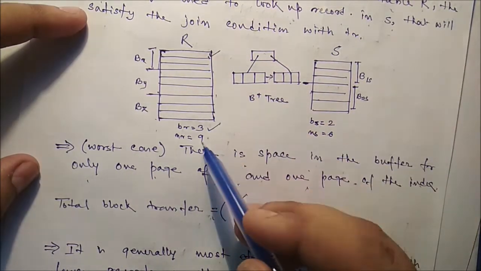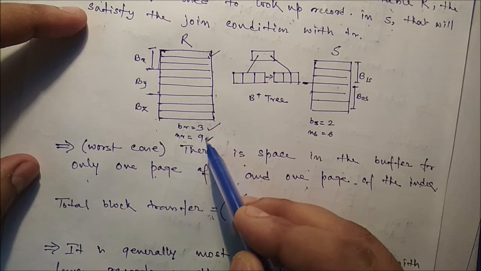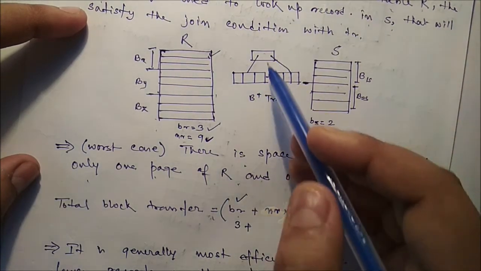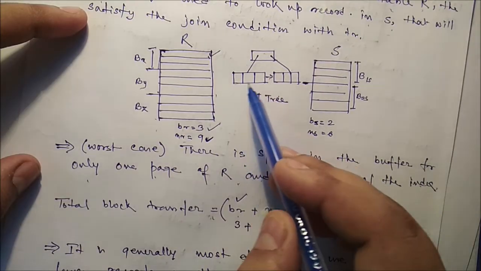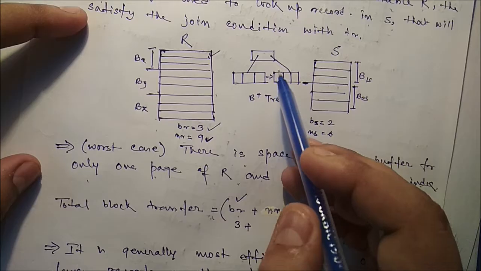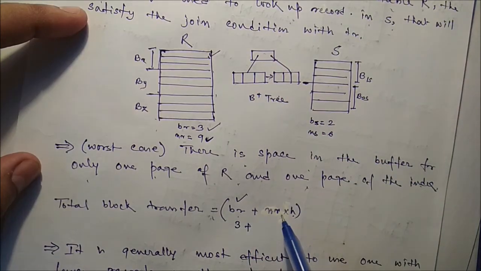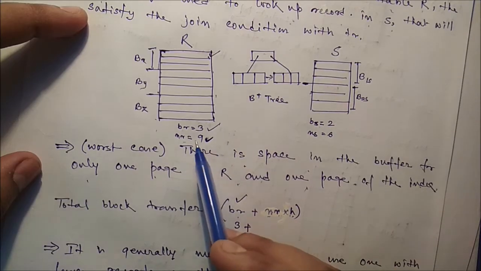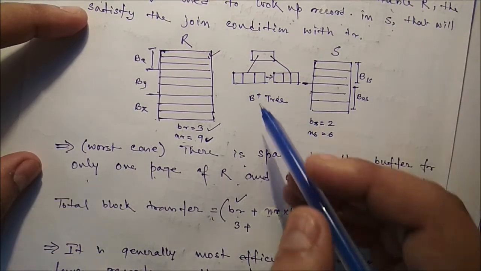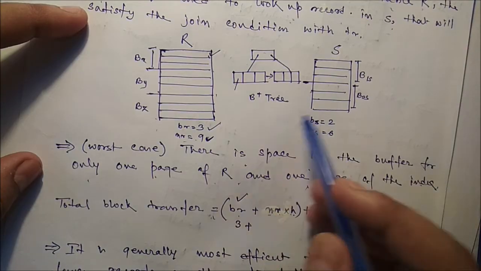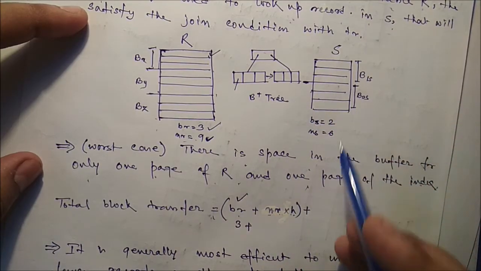So total inner number of data are there. For each and every data we have to search this particular record, and each and every node is stored in a particular block. So the total number of blocks we have to access is inner into H, where inner is the number of data and H is the tree height. And after getting this particular record we have to identify where this particular block is in S. So we need one more.